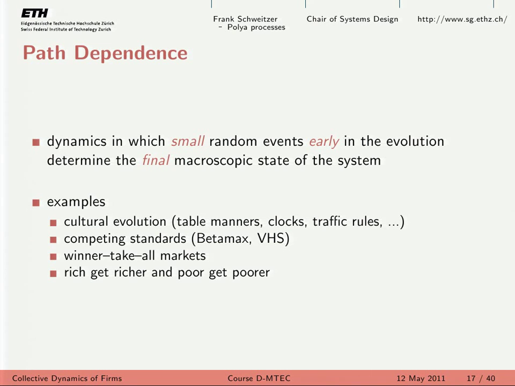It means that we have small, random events in the beginning, during the evolution of the system, which is now the interaction scenario of the firm, that get amplified in a way that at the end, the macroscopic state, that means the state of the system as a whole, depends on these random interactions that have been amplified over the course. Yeah? So that is a very important